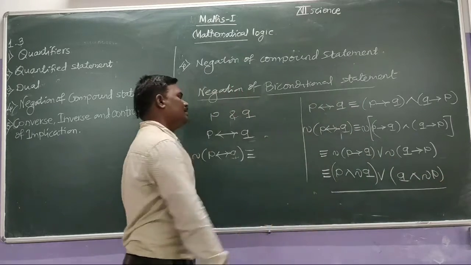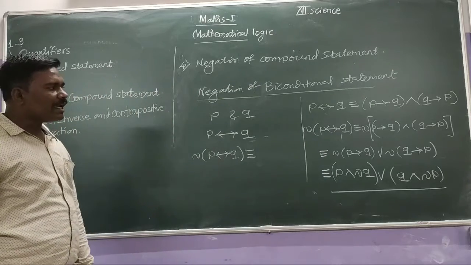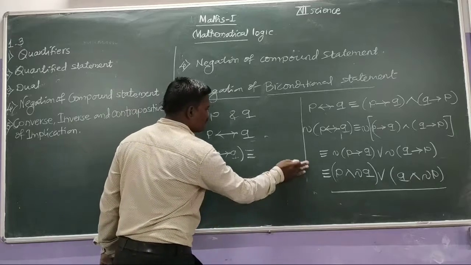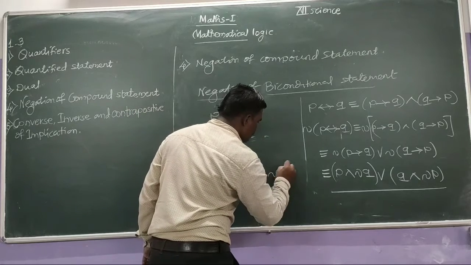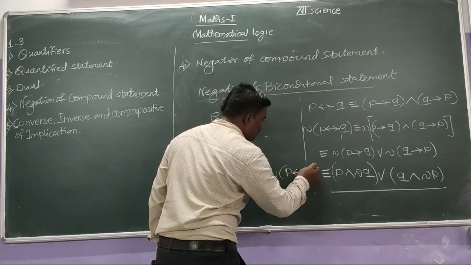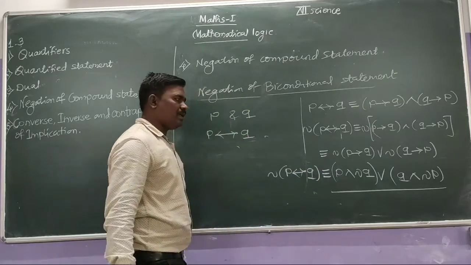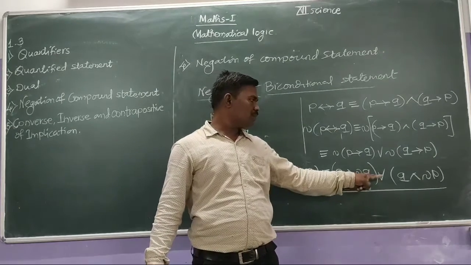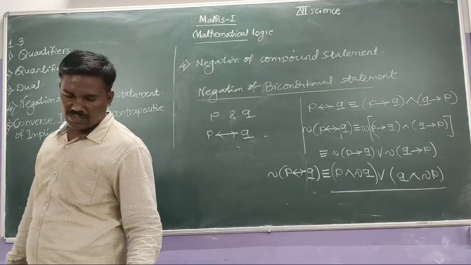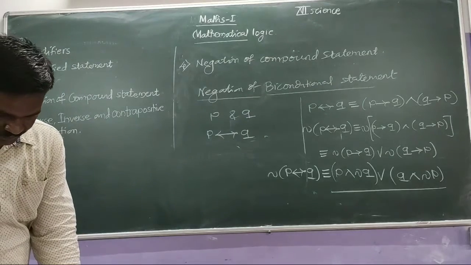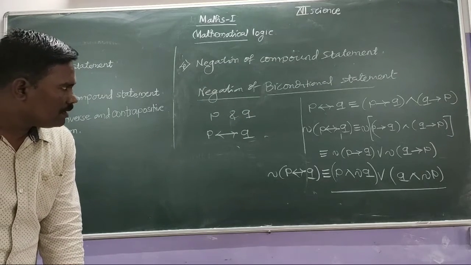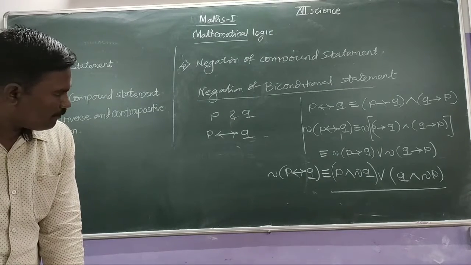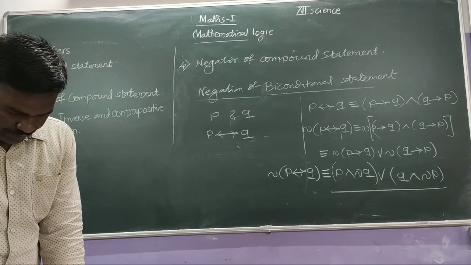This is the negation of the biconditional statement. Therefore here negation of P implies Q and Q implies P is in bracket P conjunction negation of the Q, disjunction Q conjunction negation of the P, that is the negation of the biconditional statement. Okay,